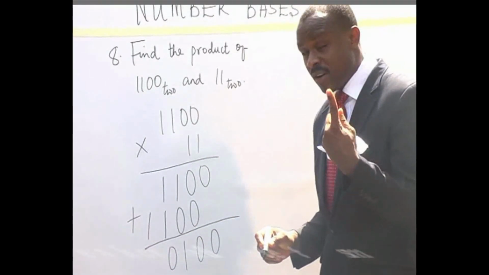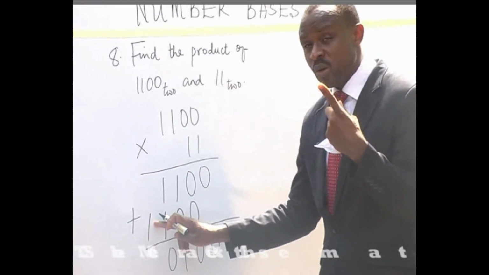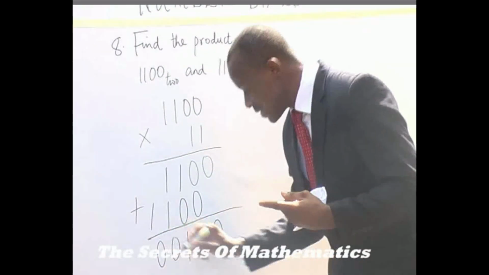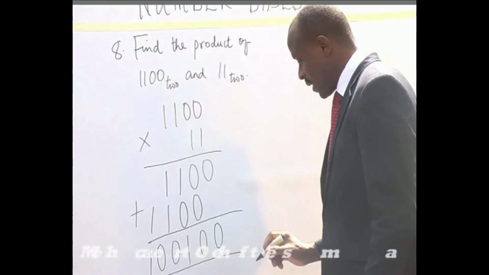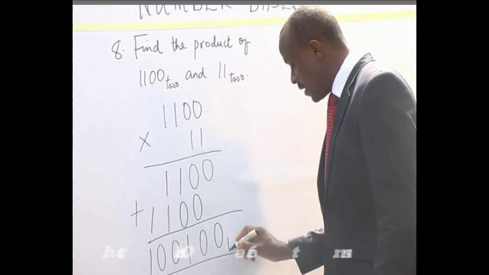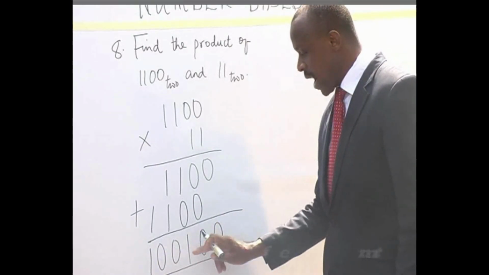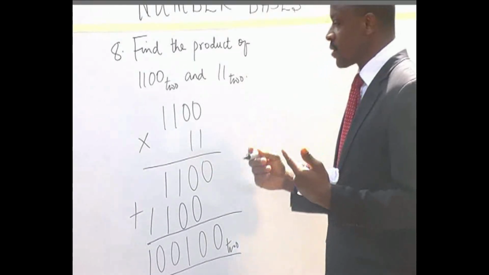Remember you removed 2, which is 1. Add it to this 1. You give another 2. Remove 2 from that 2. You have 0 left. That 2 removed is 1. That means your answer now is this, in base 2: 1, 0, 0, 1, 0, 0, base 2 is the answer or the result of the product